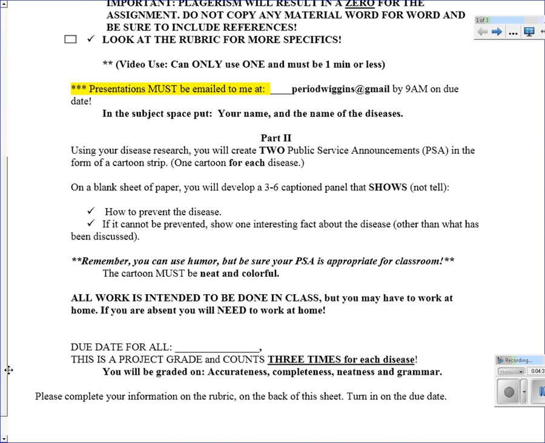You are going to be using your disease research. You will create 2 public service announcements. That's a PSA in the form of a cartoon strip. 1 cartoon per disease. I will be providing you with a blank sheet of paper, and you will develop a 3 to 6 caption panel that shows, not tells, how to prevent the disease. That is a PSA. If the disease is non-preventable, then you're going to discuss 1 interesting fact about the disease,